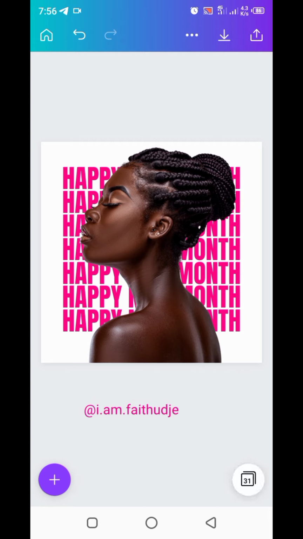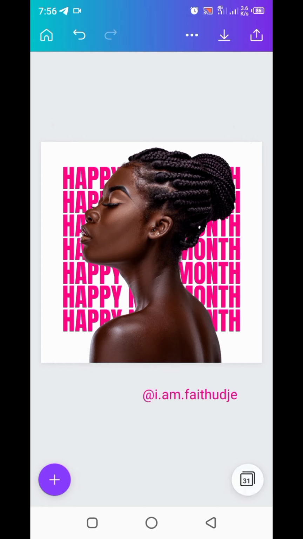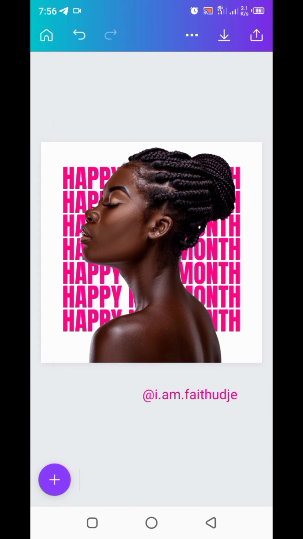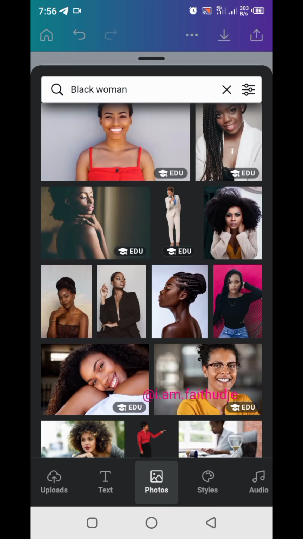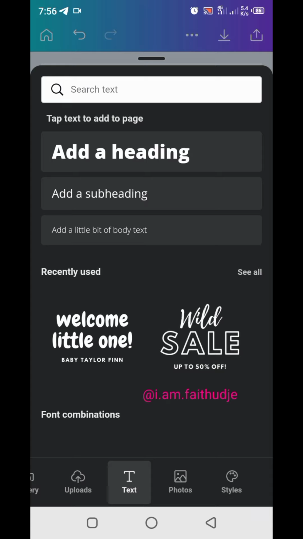So what I'm going to do now, so this is the trick. This is where most of you want to know how I was able to write happy new month on top of her. So the first thing I'm going to do is to get a text. So I want to duplicate this text, but to do that I'll have to position this to the back, or instead of me going through all those, let me just get another text. That should be faster. So I'll just get another text, click on add a heading,